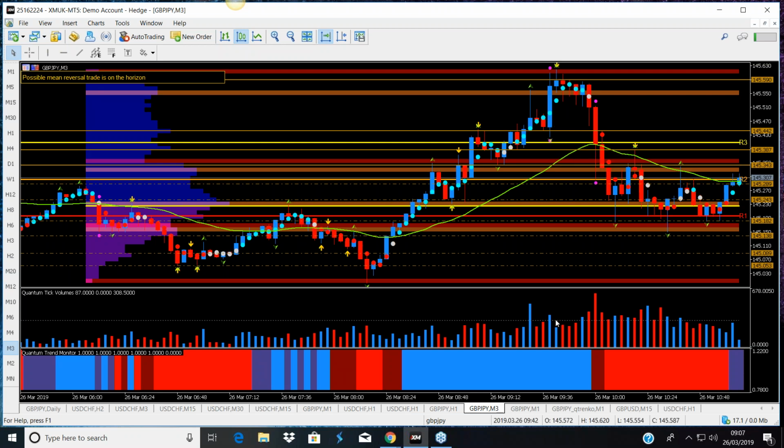So we have a big up candle, not a huge amount of volume, certainly not as much volume under that one. And for the range in that candle, you would expect the bar to be up here somewhere. Plus it triggered the volatility indicator, which is these two purple dots. So at this point, something is not right.